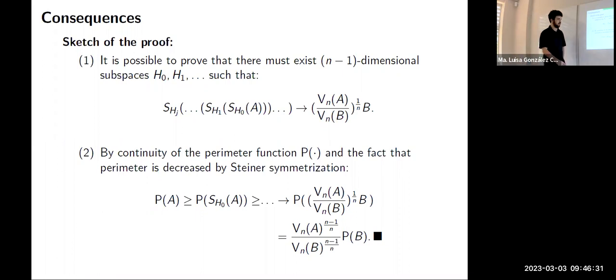So the perimeter of A is going to be less than or equal to the perimeter of the symmetry of A with respect to the first subspace. And that is going to continue ascending forever. But this converges by continuity of the perimeter to the perimeter of this, because this sequence converges to this. Now you just compute this perimeter, and this is equal to this. If you take the perimeter of B and divide to the other side,